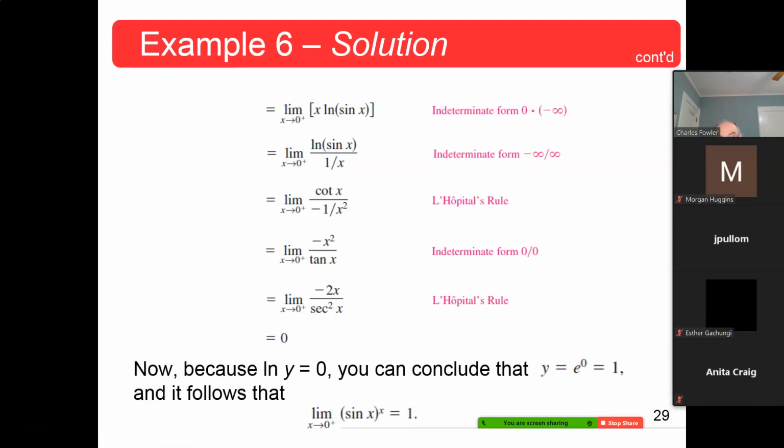Well, log y is equal to 0, you can conclude that y, if you take the exponential of both sides, excuse me,